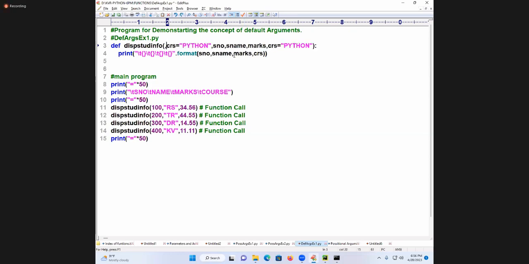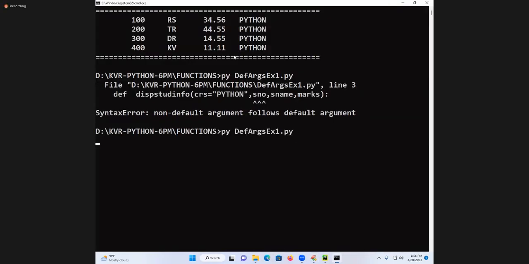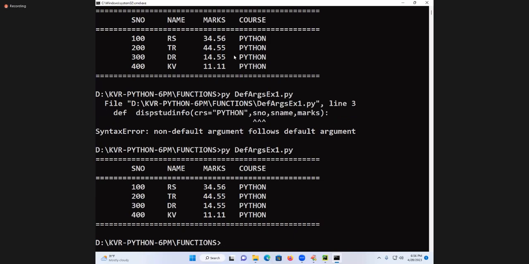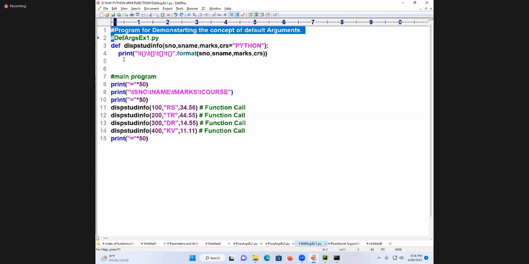Are you following me, students? What is the rule of default arguments? Default arguments are to be written last, but not first or middle. Right? Please take this down. Got the output or not? Yes. One more example.